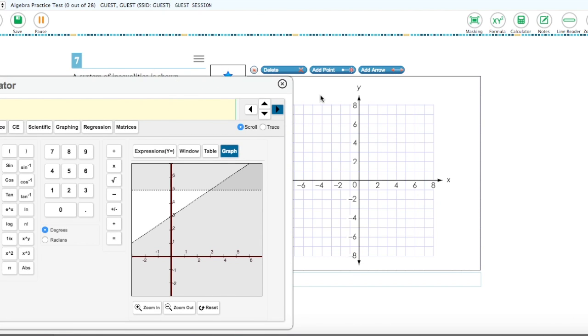So my y equals 5. To put my arrow, I need it to be at 5. For 2/3,